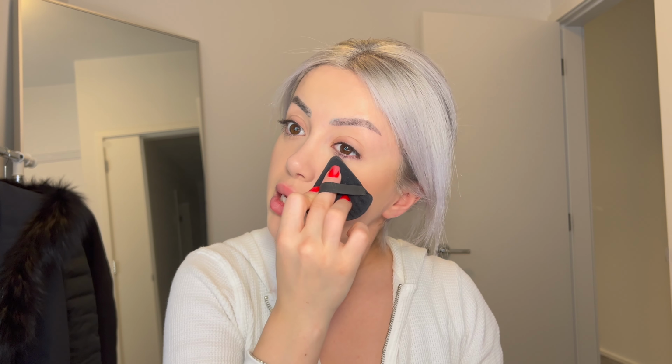It's my favorite thing. I'm going in with the Charlotte Tilbury Airbrush Flawless Finish Powder, and I'm using it in the shade 1, which is the lightest, just for a little bit of a brightening effect. This powder is amazing. It's the finest powder I've ever come across, and it goes into every single crease that you have and mattifies so nicely without being cakey. So I go in with a really thin layer just to set the under eye